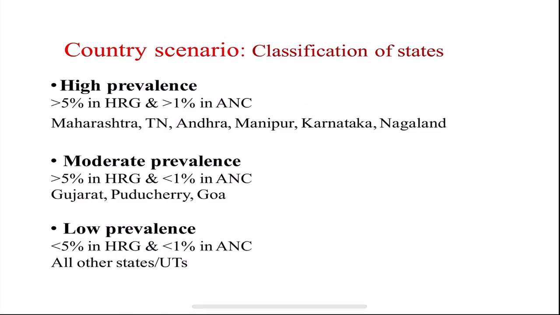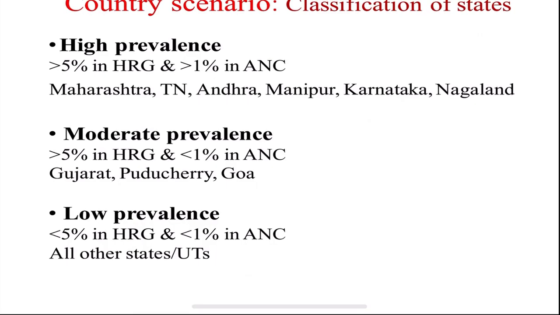Moving on to the country's scenario. Based on the sentinel surveillance data, the HIV prevalence in the adult population has been broadly classified into three groups of states or union territories in the country. Group 1 is the high prevalence states. It includes the states of Maharashtra, Tamil Nadu, Andhra Pradesh, Karnataka, Manipur, Nagaland,